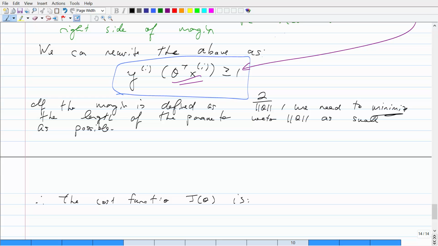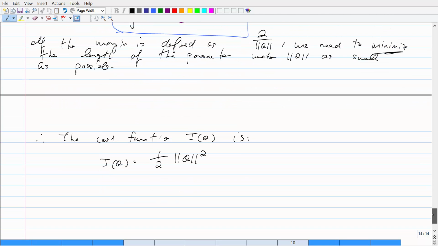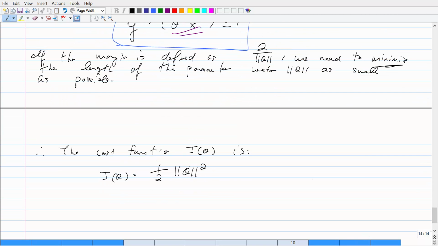is this. So we want to minimize the length, but we're going to do it squared because it'll allow us, when you're finding the gradients and all that, it makes things easier. Okay, so we want to minimize this such that